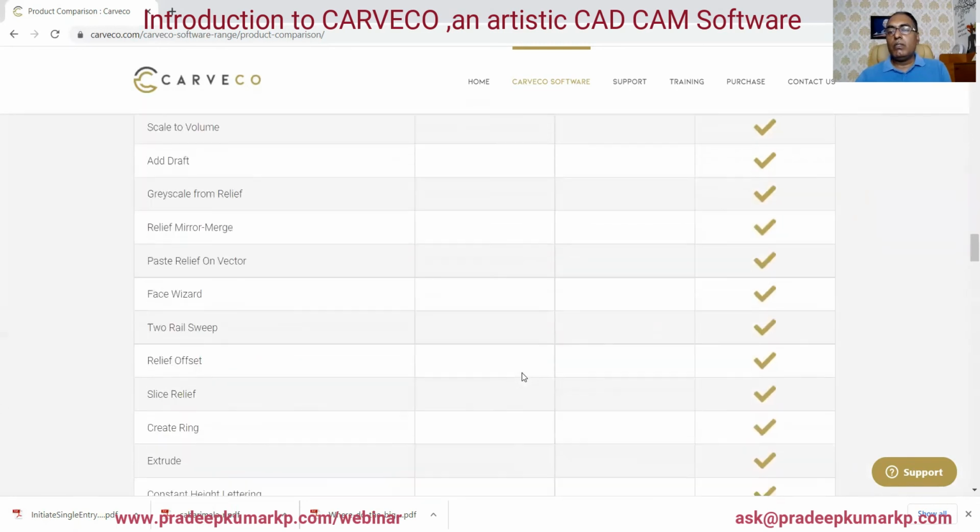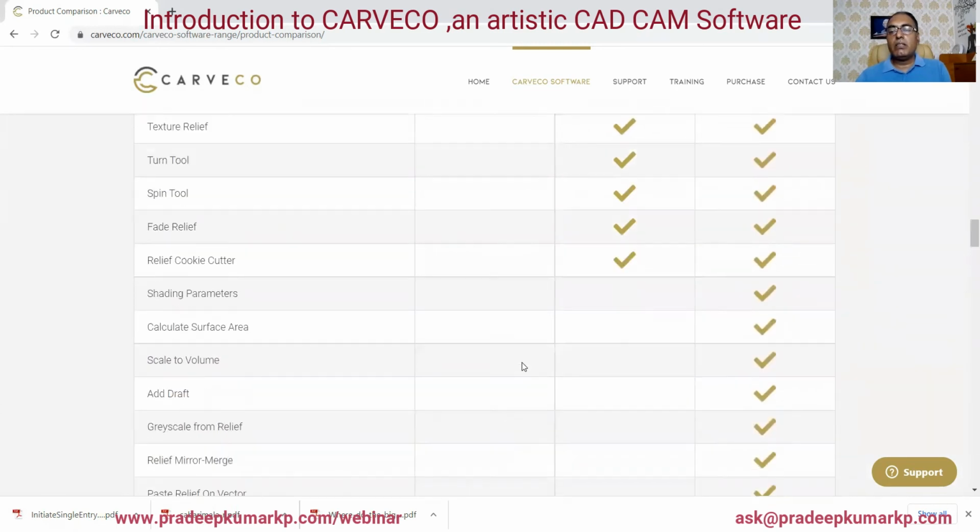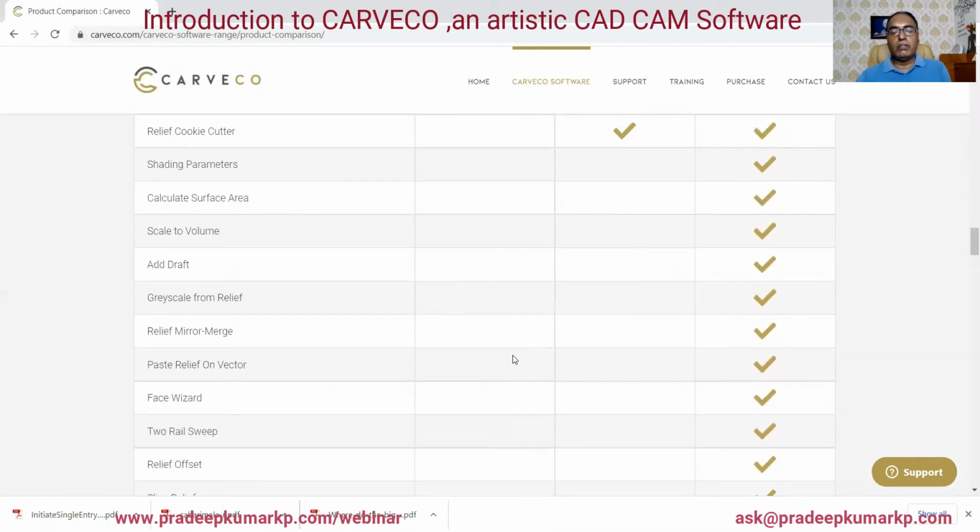So all the strong and major 3D tools are available in the full version.